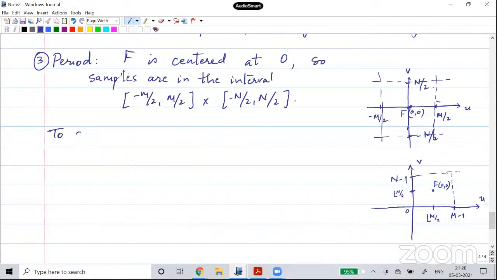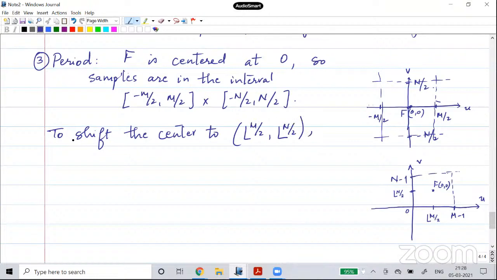To shift the center to floor m/2, floor n/2, that is the interval 0 to m minus 1 cross 0 to n minus 1. So if you want to shift the action here, then the idea is to